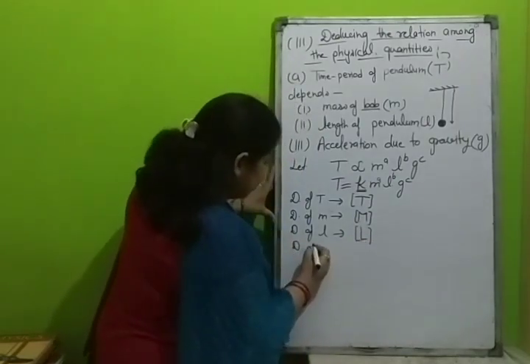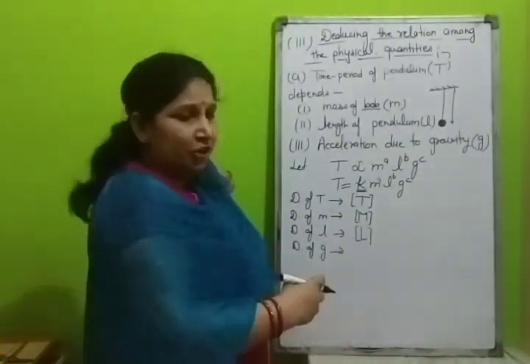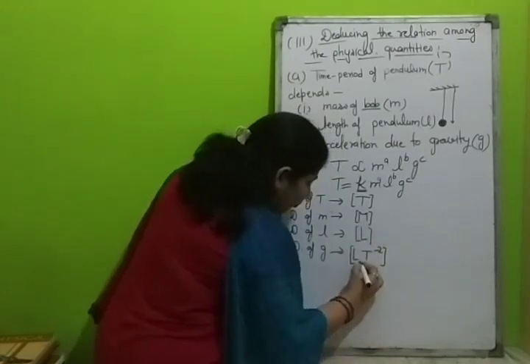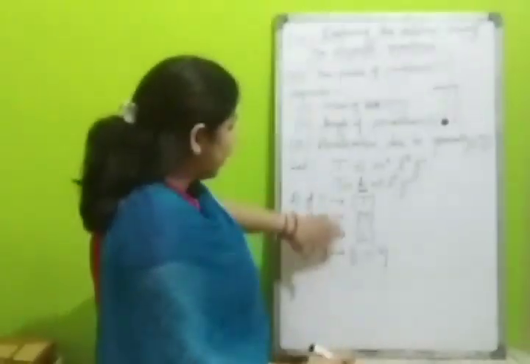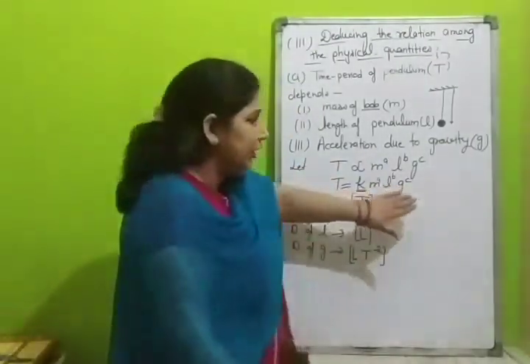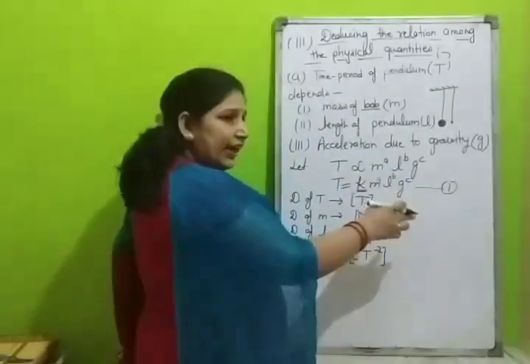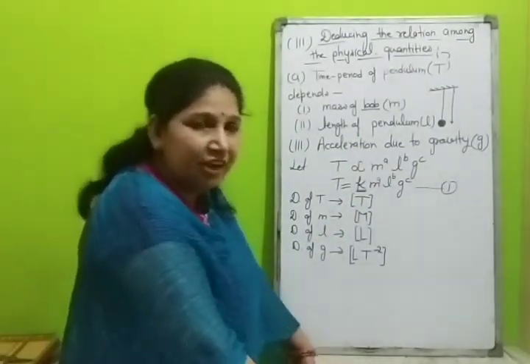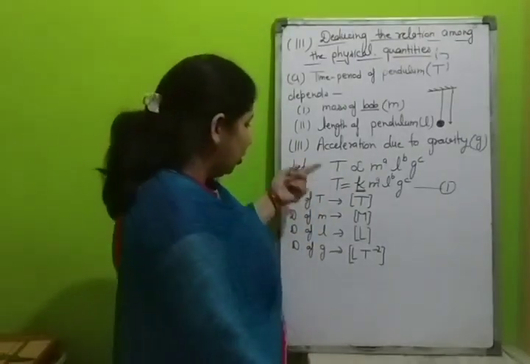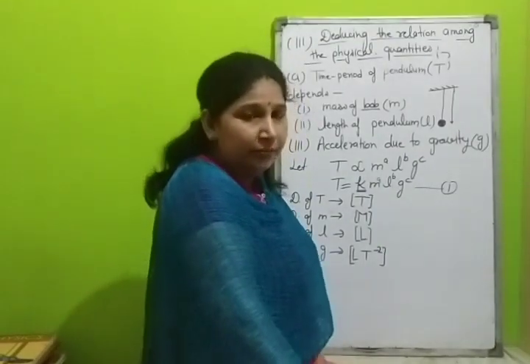and dimension of small g, acceleration, and dimension of acceleration we know is LT minus 2. Now we have dimension of all the terms. We will put the dimension of all the terms in this equation, and we will find the value of A, B, C, and then put the values of A, B, C and find the relation between T, M, L and G. When we put the dimension of all the physical terms, as we have considered K as constant term, then